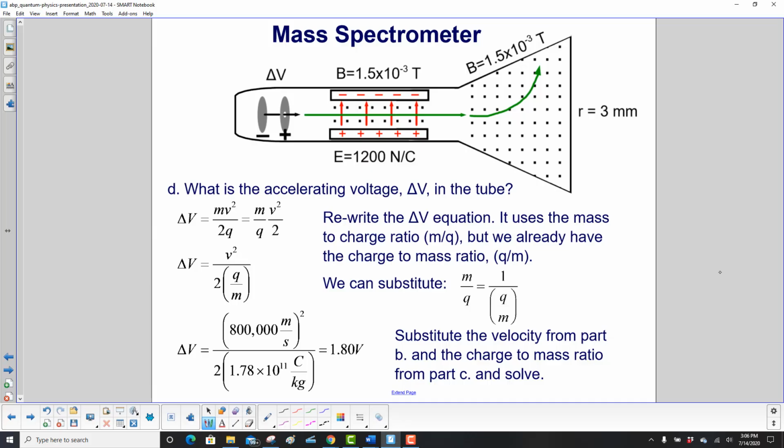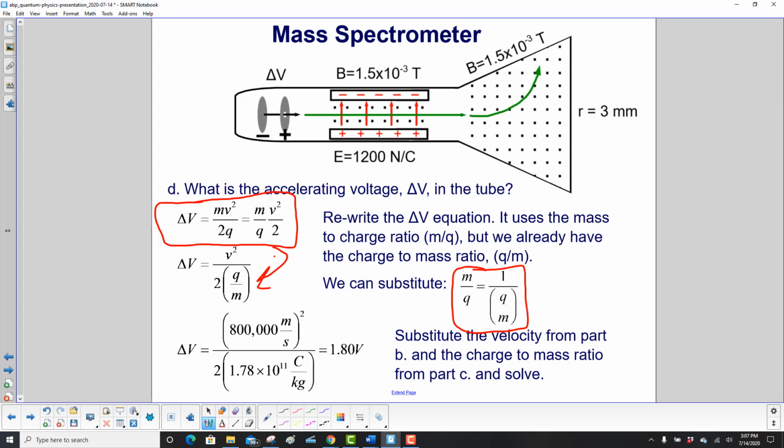What is the accelerating voltage delta V in the tube? So we have our equation here. Delta V is mv squared over 2Q. Let's rewrite that as m over Q times v squared over 2. It uses the mass to charge ratio, m to Q, but we already have the charge to mass ratio. So we substitute m over Q is equal to 1 over Q over m, and we get this expression here,